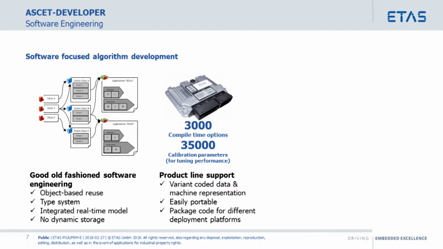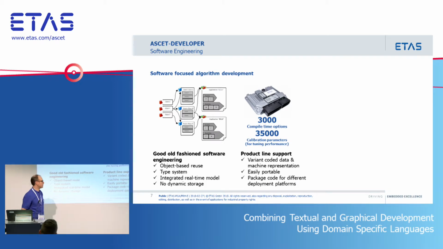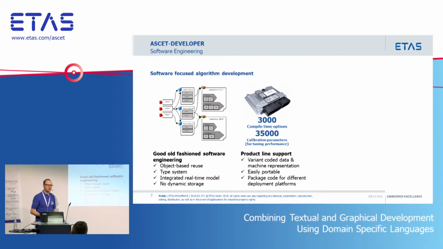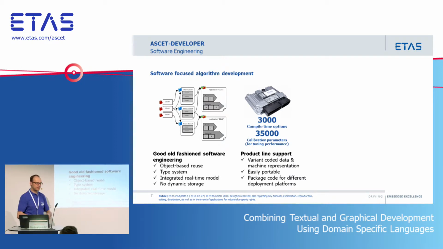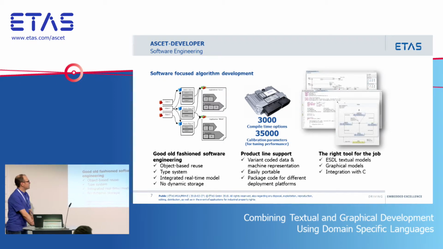And we can package this up for different deployment platforms. We take the algorithm, let's stick it into an S-function box. Take the same algorithm, stick it into a thing for doing host PC experiments. Take that same algorithm, pack that as an FMU for use in co-simulation. Take that same algorithm, pack that as a bypass function, for either internal or external target bypass. And take that same function and pack it into an AUTOSAR box so that it connects up to the rest of the AUTOSAR architecture without changing any of the code that you've written. So we do all this with essentially mapping things into different sorts of abstractions. And we have the right tool for the job.